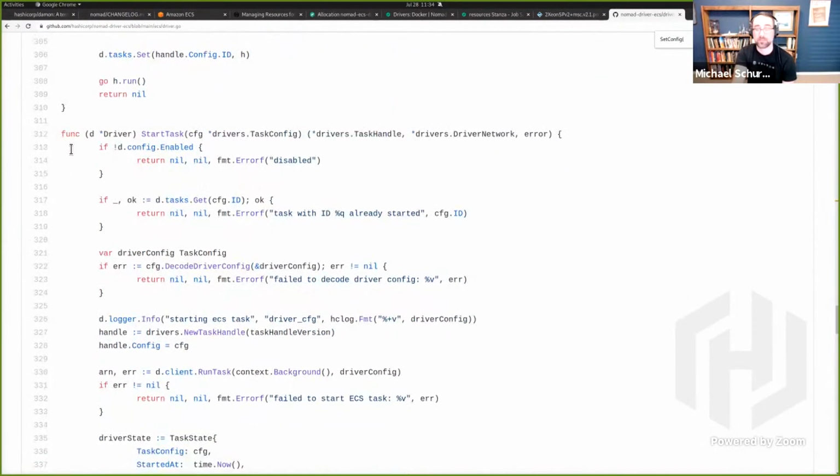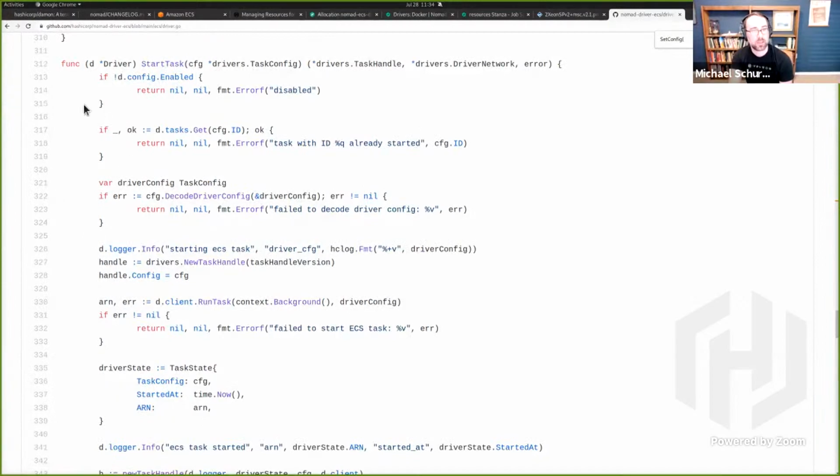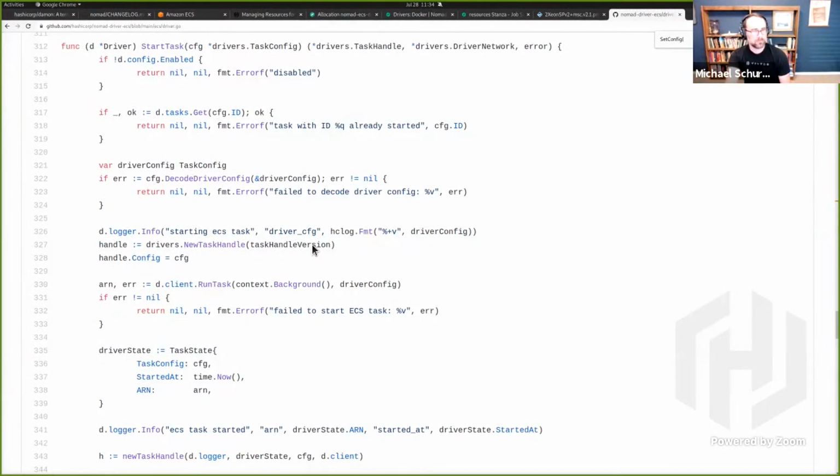If you're starting a task for the first time, or if you're trying to recover a task and it died while the Nomad agent was restarting, then start task is the main thing you need to implement in any plugin driver. You can see right here, it basically calls through to the AWS SDK, passing through some driver configuration.